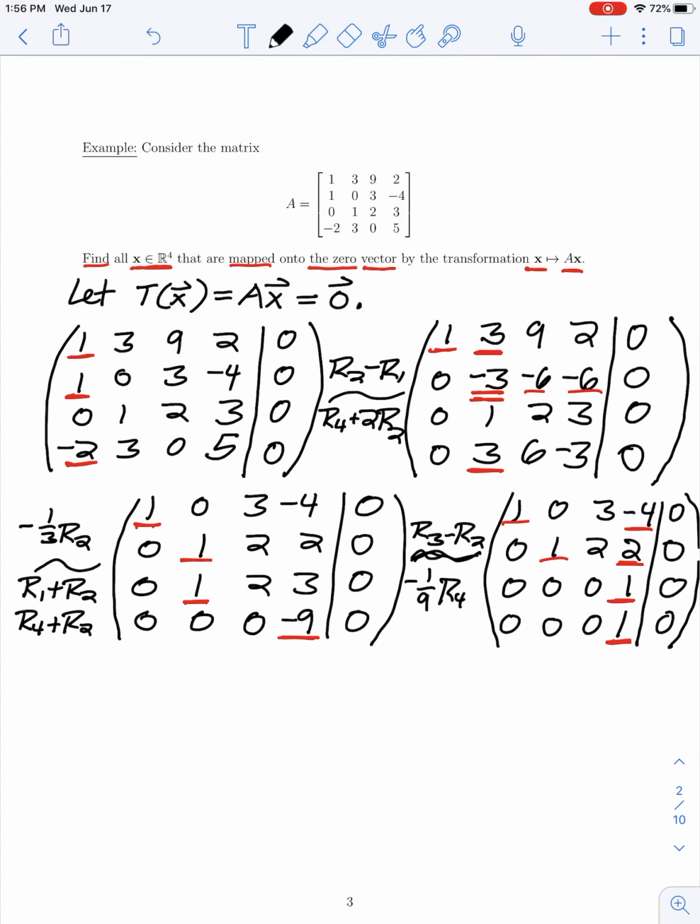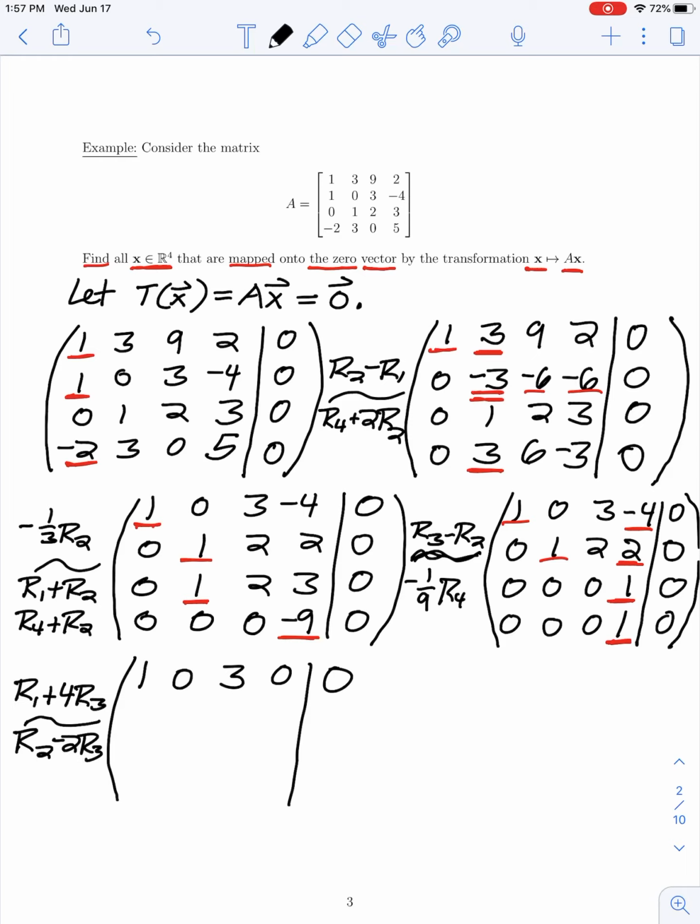So in my last step, I'm going to take row 1 and add 4 times row 3, which makes my first row 1, 0, 3, 0, 0. I'm also going to take row 2 and subtract from it 2 times row 3, which would give me